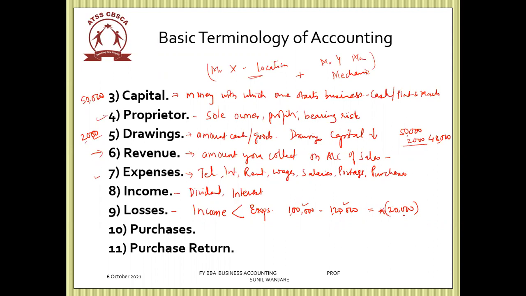So losses happen in a situation where your expenses are much greater than your income and revenue. This could be the reason, like in the COVID pandemic situation, where we are paying the rent but we are not operating any business. Then about the employees, our factory is closed, but as per the government rules and orders, we still need to make the payment of wages. There is no income but expenses are happening, and that is called a loss. So losses are where your income is less and expenses are more.